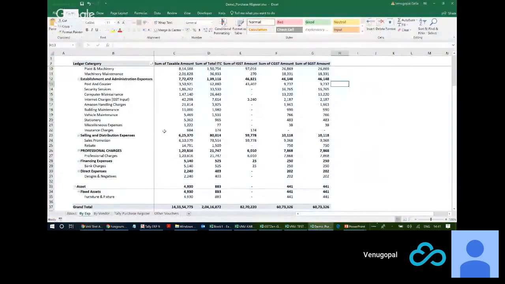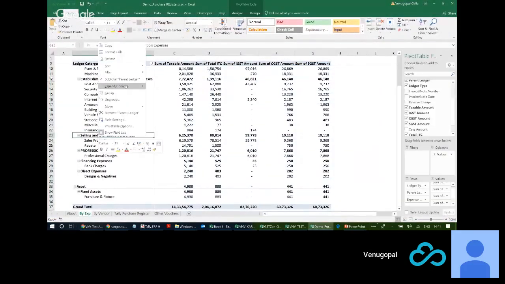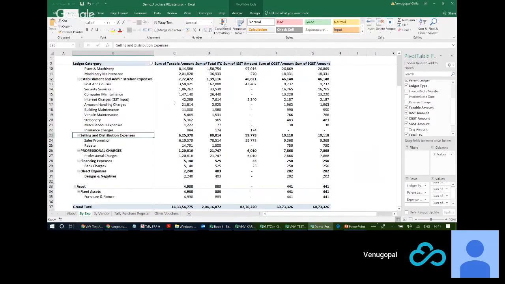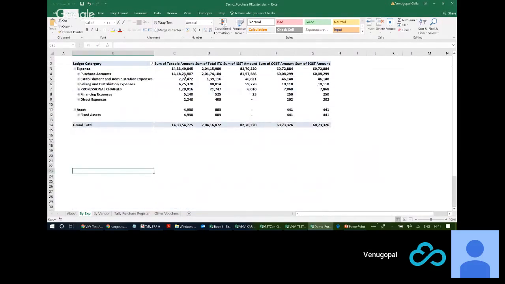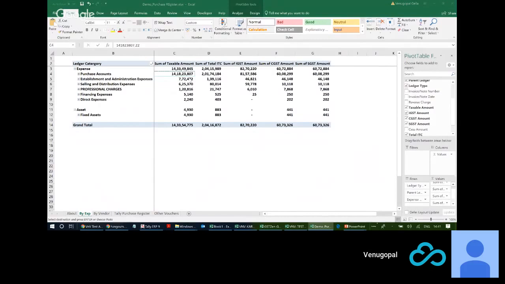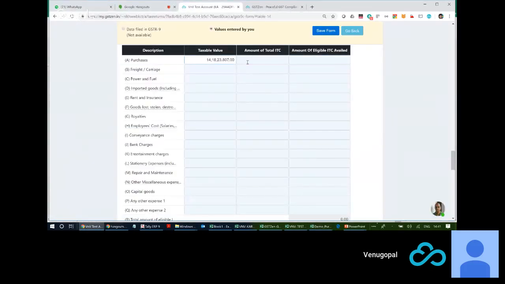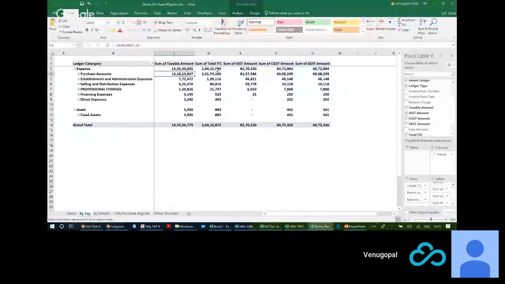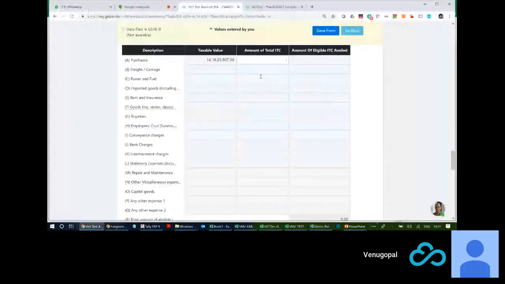So now in one go, I can know how much of my purchases. I can just copy this and paste it here. This is the purchases, and the total ITC is so much, and you can copy paste all the data. So in one go, you know what is the value to be entered, which can also be extracted from